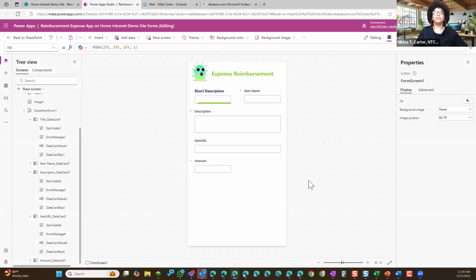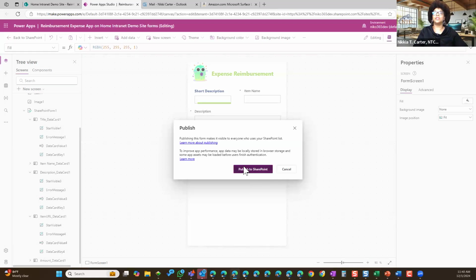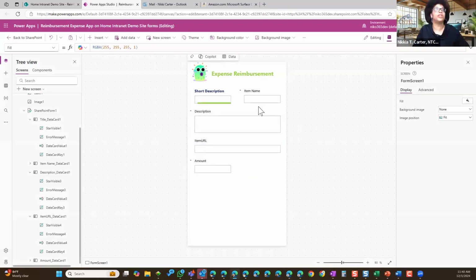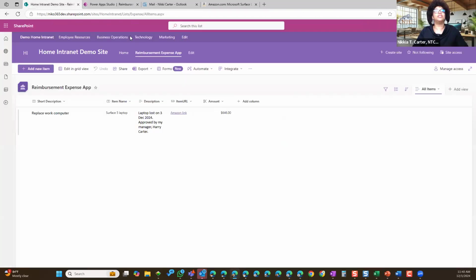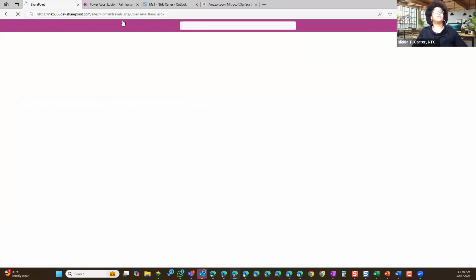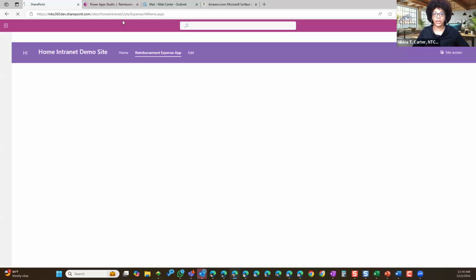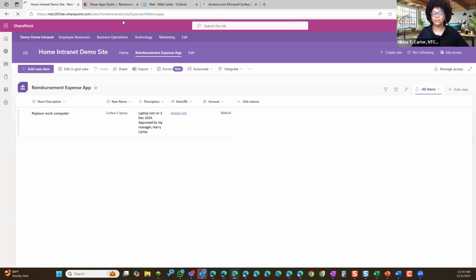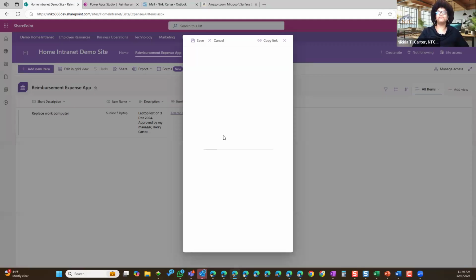Wait for it a little bit. I think it did it. Yeah, I think it did it. Sometimes it doesn't. Oh yeah, it doesn't give that swirly thing like it used to anymore. Okay, so I could hit the back to SharePoint button, which would take me back to SharePoint, but I could just close it and open up this tab because it's already open. I'm going to refresh the page just to make sure that my SharePoint list form that I just made all custom and pretty is now available. When I click the add new item, my new form will pop in.